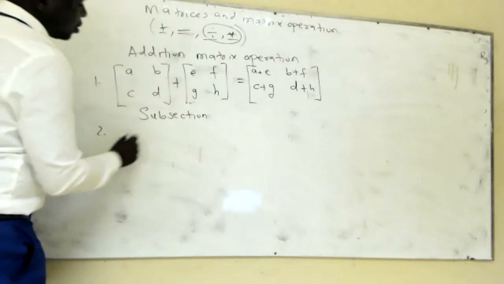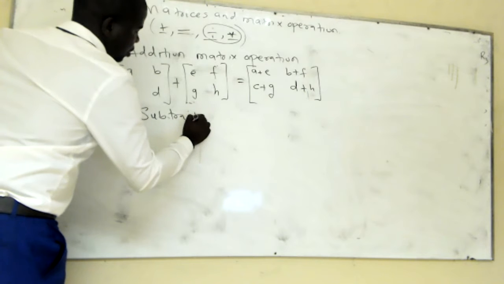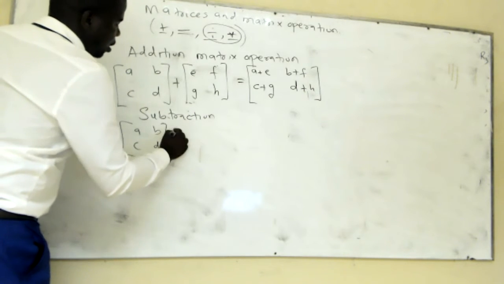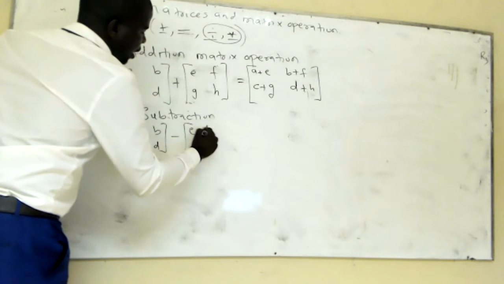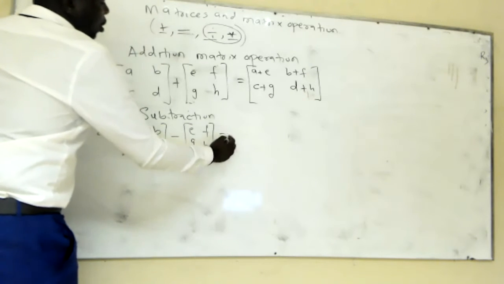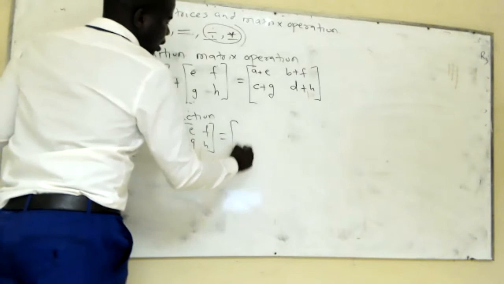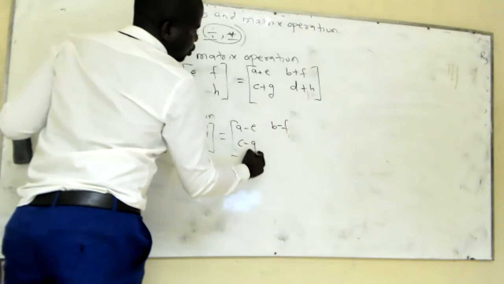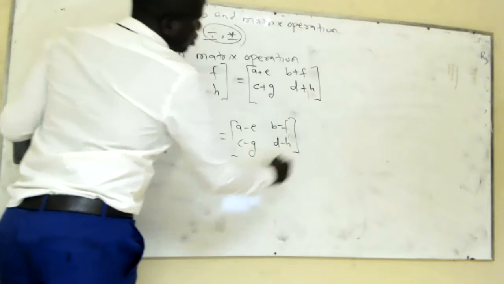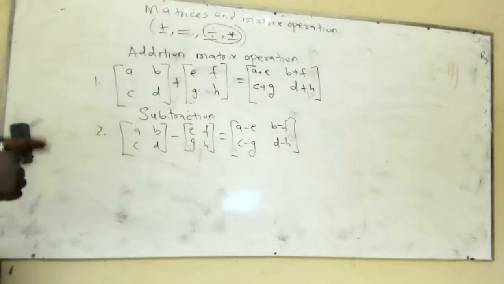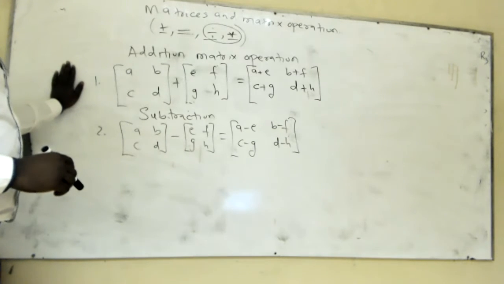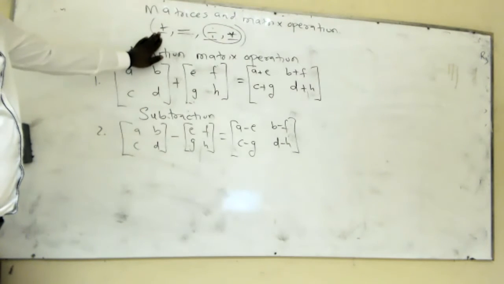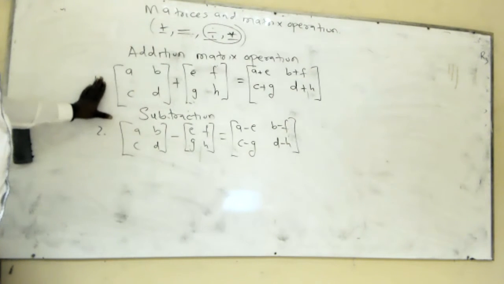So it's going to be subtraction. It's going to be A, B, C, D minus E, F, G, H, of which this will be A minus E, B minus F, C minus G, D minus H. So for this operation, there is not much difference that you are going to encounter. They are the same. For the addition and for the subtraction, you can see it's the same way we do